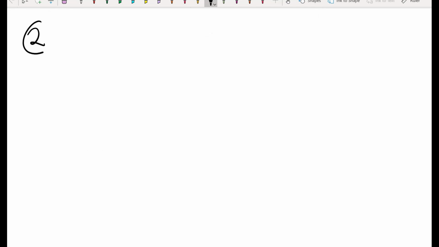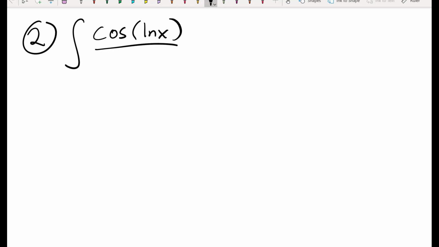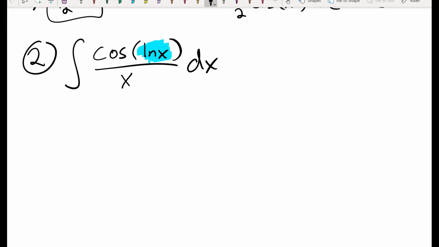For number 2, we had a function that looked a little bit different, but the process is still the same. Cosine of ln of x over x dx. And if you're asking who should I make u, I'm always looking for the composition of functions here, right? I don't know what to do with cosine of ln of x, but I would know what to do with cosine of u. So I'm going to make the substitution that u is equal to ln of x,